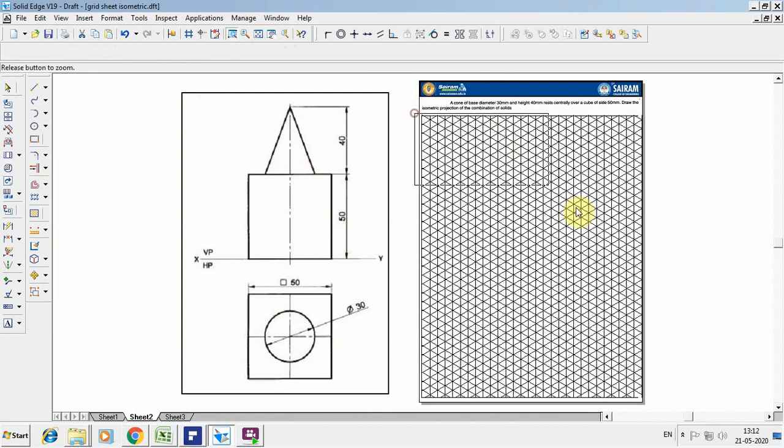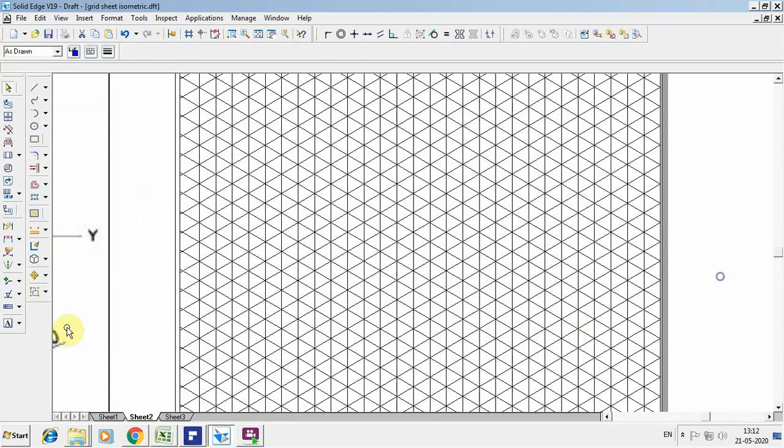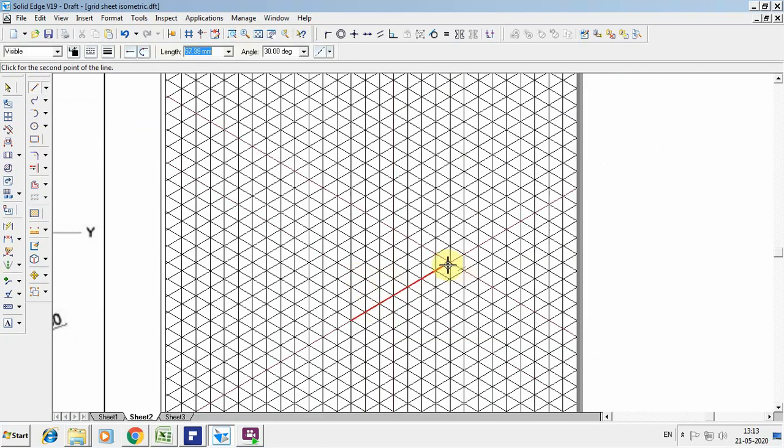So let us take the isometric sheet. Exactly as it will be there in your sketchbook. I want to start with a particular point over there. The size of the cube is given as 50 mm, so I have to consider 50 mm for the construction. The lines are already reduced to isometric scale. So take 50 mm, again from here 50, 50 and 50 mm. So this is the bottom face of the cube.